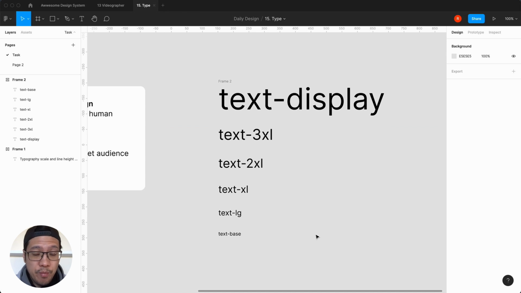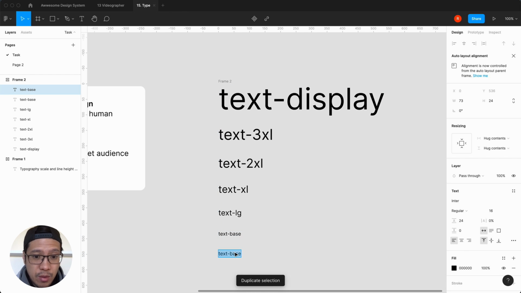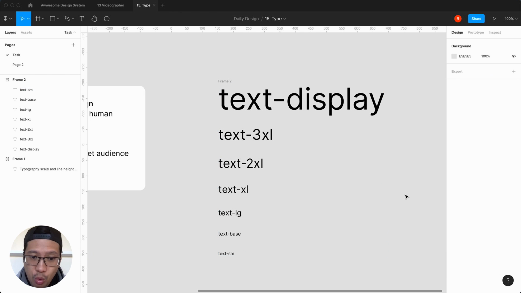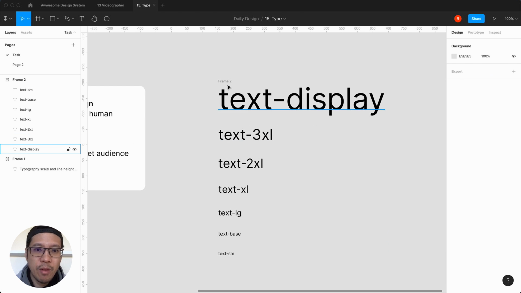Okay, so we have got 6 different text sizes, and we are actually going to create another one. Okay, so Command D that, and the reason why we're going to create another one is because we can have a small size. Okay, and we're going to go down to 14, and we're going to keep the line height 24. So the reason why you have 14, there's things like form labels or copyright text, which shouldn't be that tiny, or you got captions. So 14 pixels is text small. Okay, so now we have our very simple